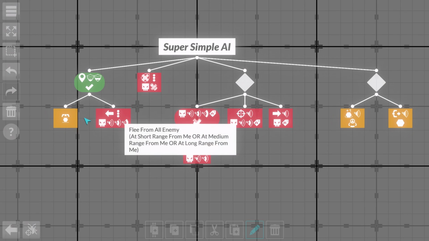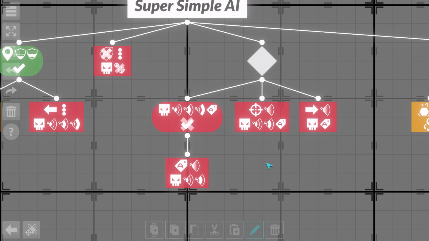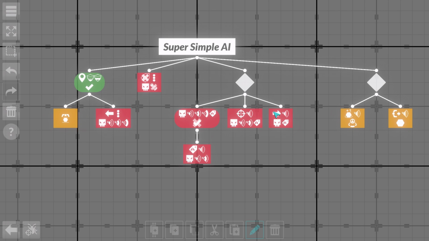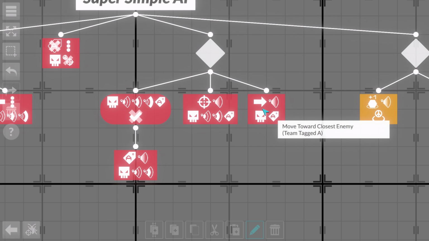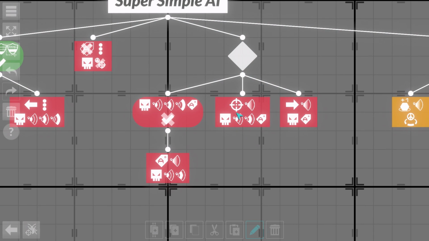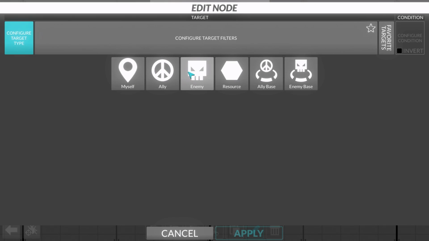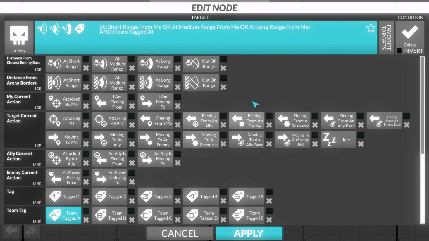However, what if I'm currently carrying a resource and I decide to engage? Should I just keep on going? I'm going to say that combat takes the priority here and have a conditional saying that if an enemy exists within long range from me that has been team tagged A,